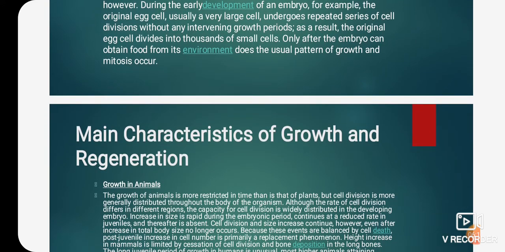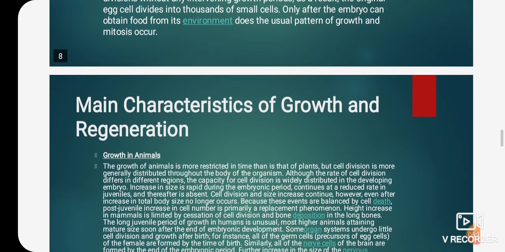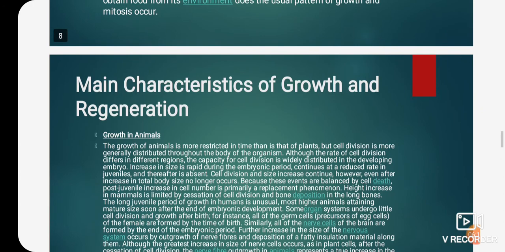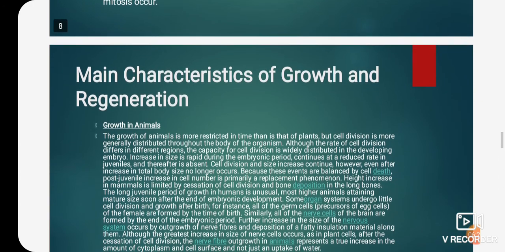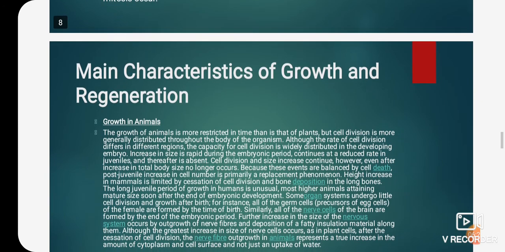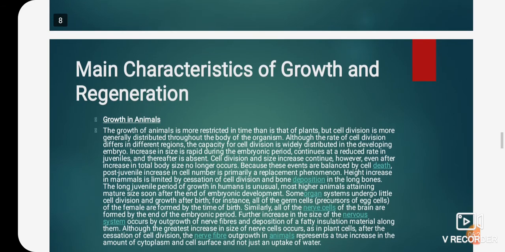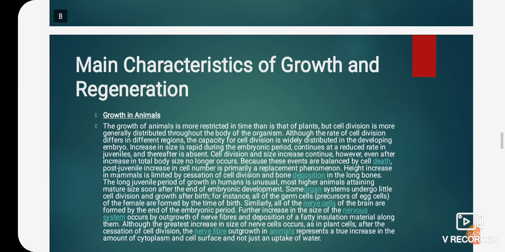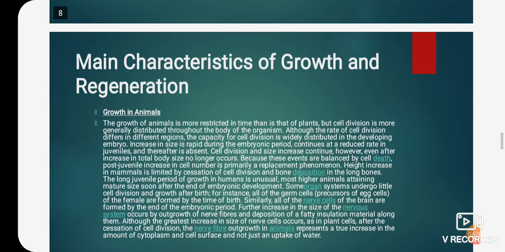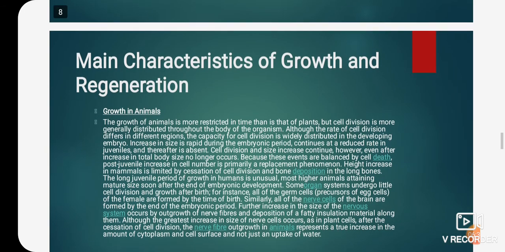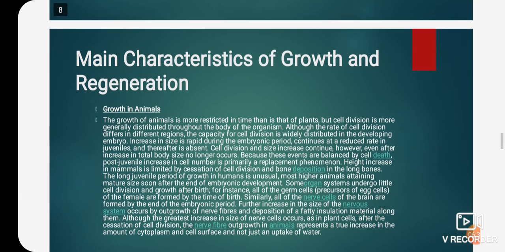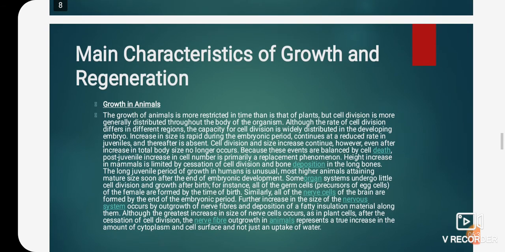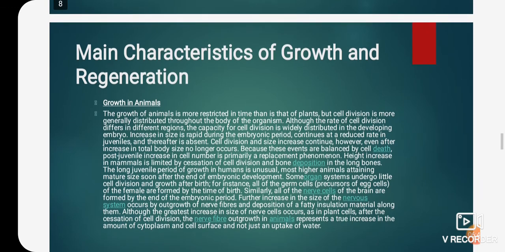Now, students, we are going to study growth in animals. The growth of animals is more restricted in time than that of plants, but cell division is more generally distributed throughout the body of the organism. Although the rate of cell division differs in different regions, the capacity for cell division is widely distributed in the